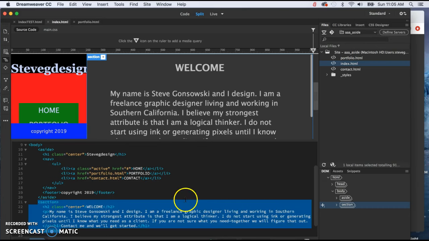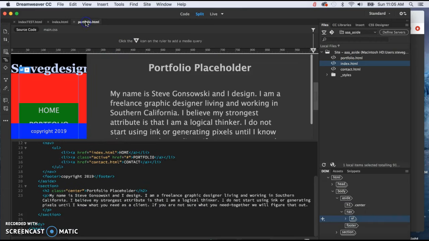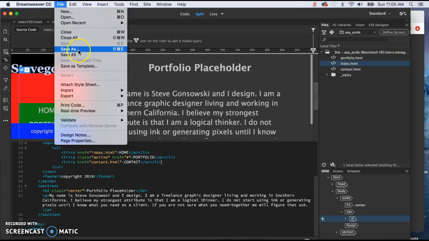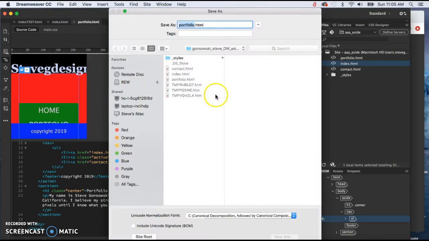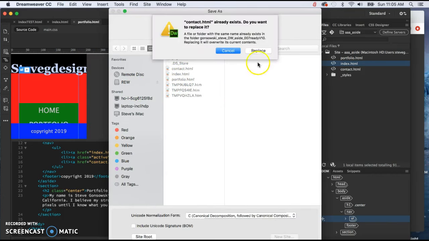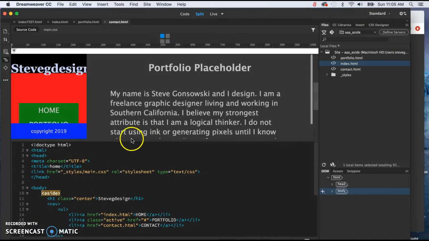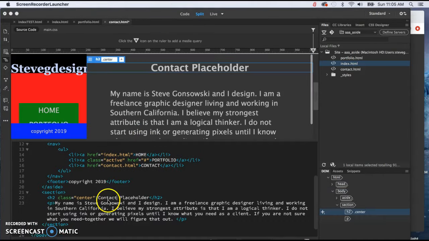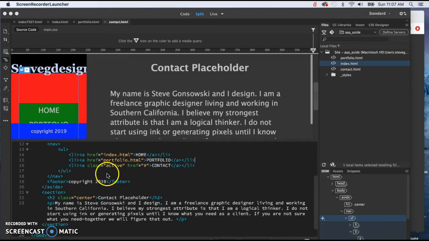So now all we have to do is go back in. May as well start from the portfolio page since it has the home page working correctly, and do a file save as. Save that as the contact page. Replace it. Put some placeholder text in there like that, and then we'll go up here and basically flip-flop what's going on here between the contact and the portfolio. And that should look something like that. And if we save all, preview in the browser,